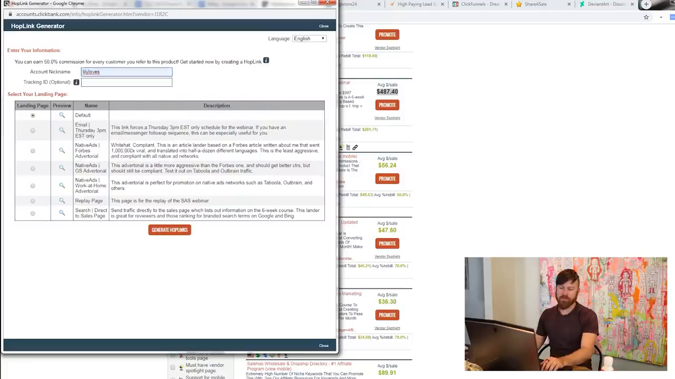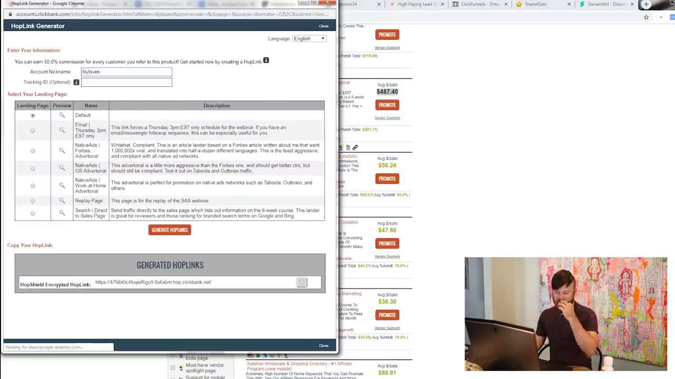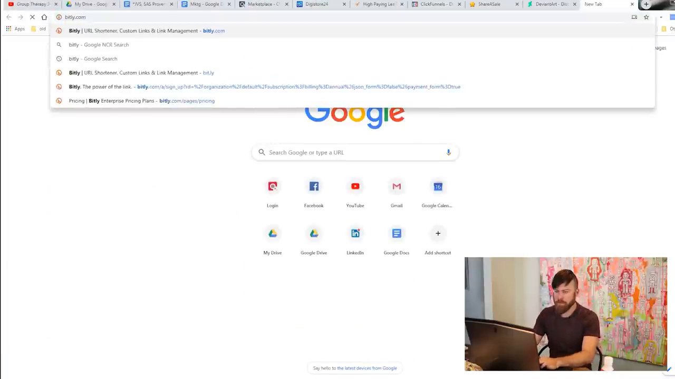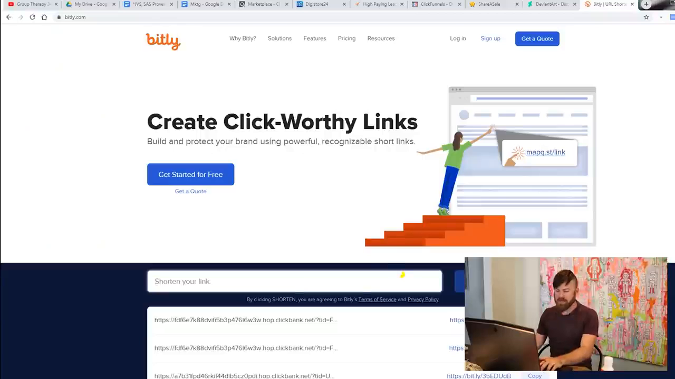You will go in here, create a link, copy it, and throw it into Bitly. I'm zooming through this. Please let me know in the comments if it helps showing how to get your affiliate links all over again, or if you're just tired of seeing me show you how to get affiliate links. But we're gonna paste our affiliate link in there, shorten it, copy it,